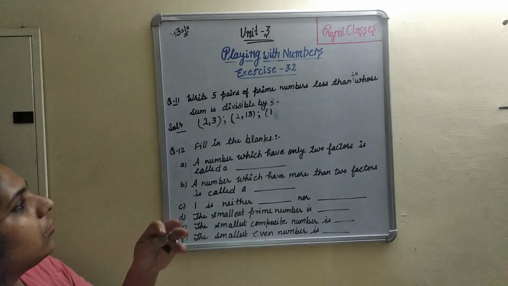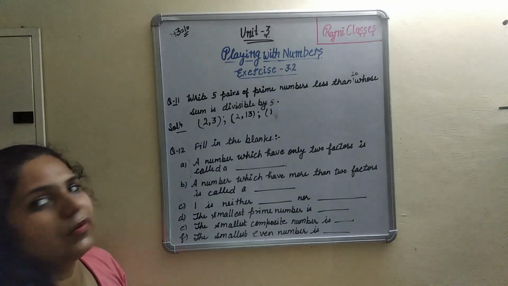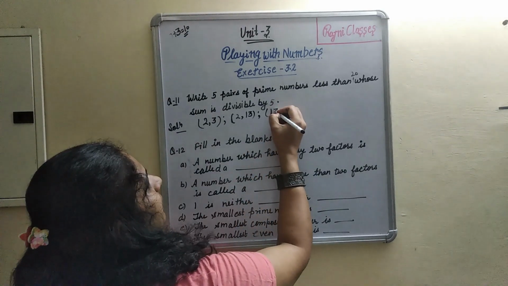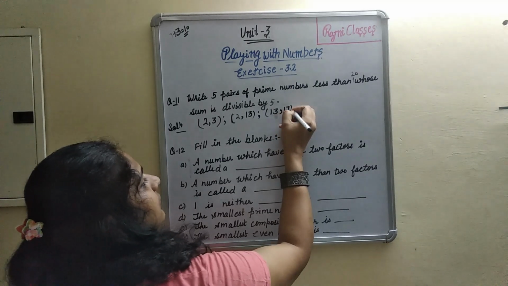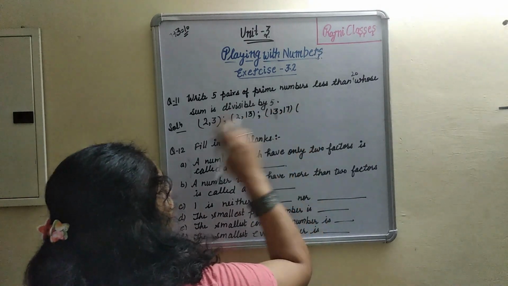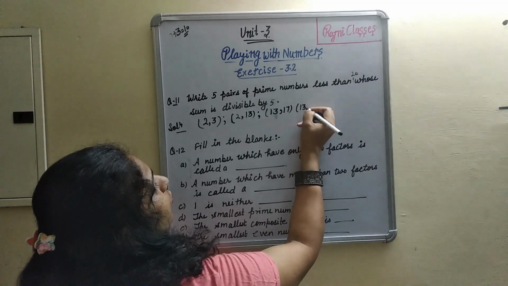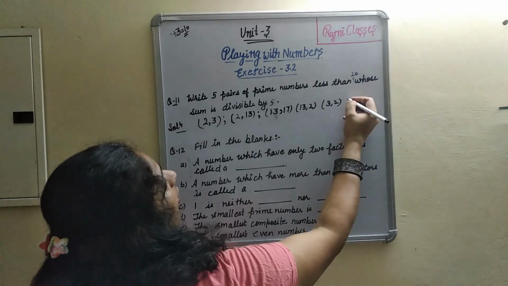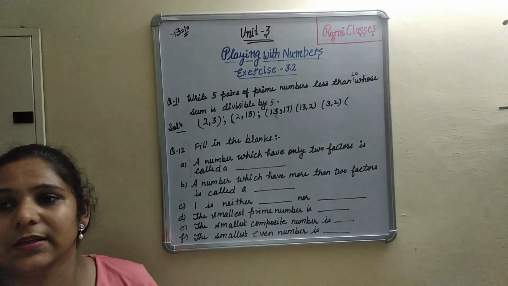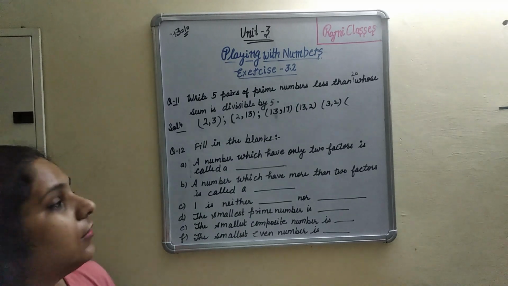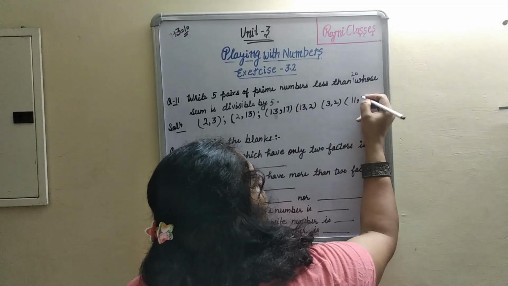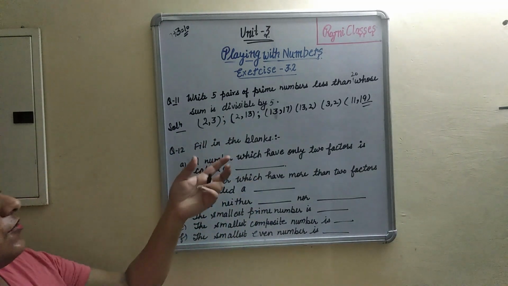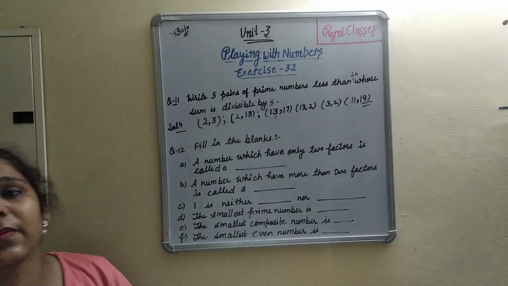Just think about 13, 14, 16, 17. We can take 13 and 17. Again we can take reverse also, it means we can take 13 and 2, 3 and 2, and a pair of 11 and 19 is also possible. There are so many pairs. You can check from your view which are divisible by 5. All these are divisible by 5.